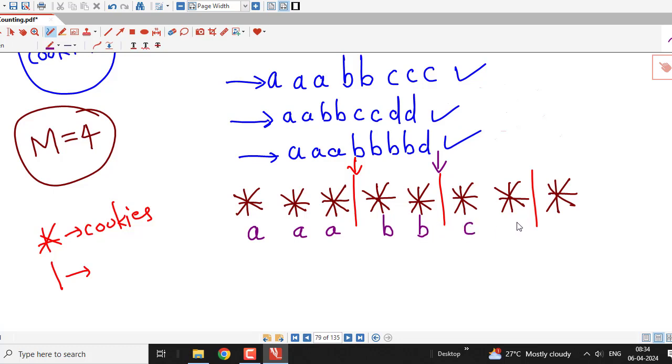Next type is C, and when I encounter a bar, I will change the type of cookie. So this is one possible selection. Suppose I am interested in this selection, then we can see we have to put a bar here, then after 4B, that is, instead of this I have to write 4B, and then I put a bar, and I don't require C here, so I will put another bar,